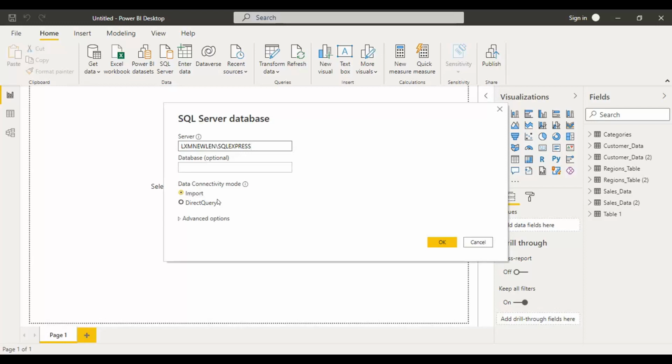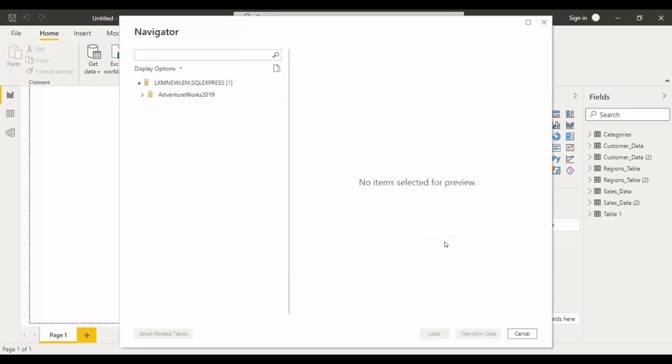First, we will see how we can import the data by using import mode. For that, click import and then click OK. This is my SQL Server name.